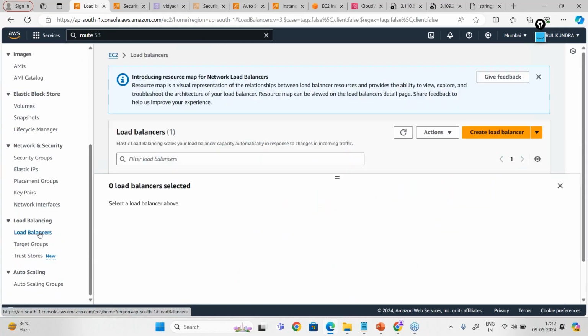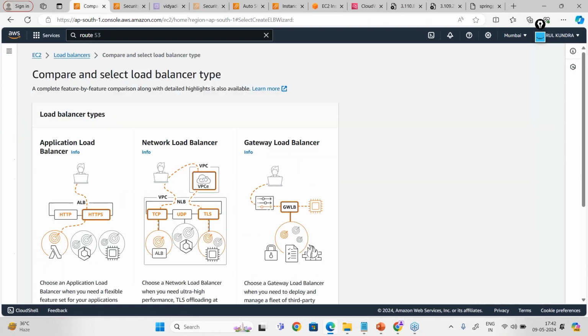Whenever you are creating a load balancer, you have four options actually. Now I told you AWS is a market leader in cloud, but is it actually a market leader in all the things? For virtualization, the market leader is VMware.